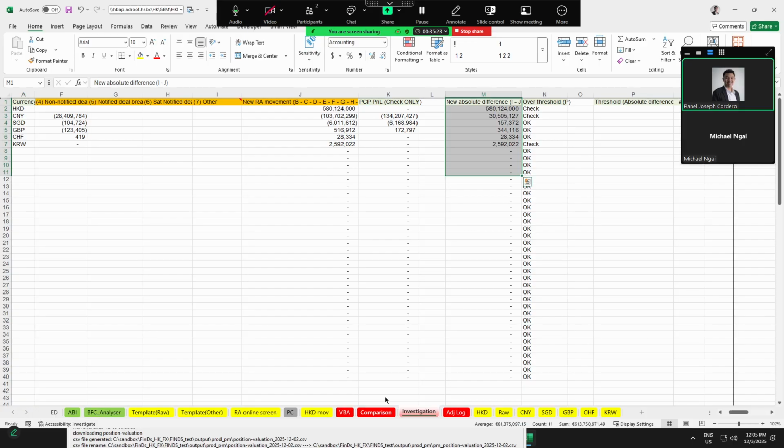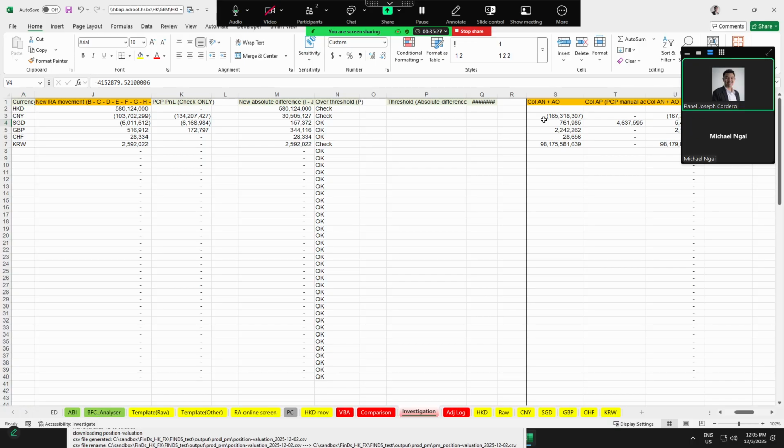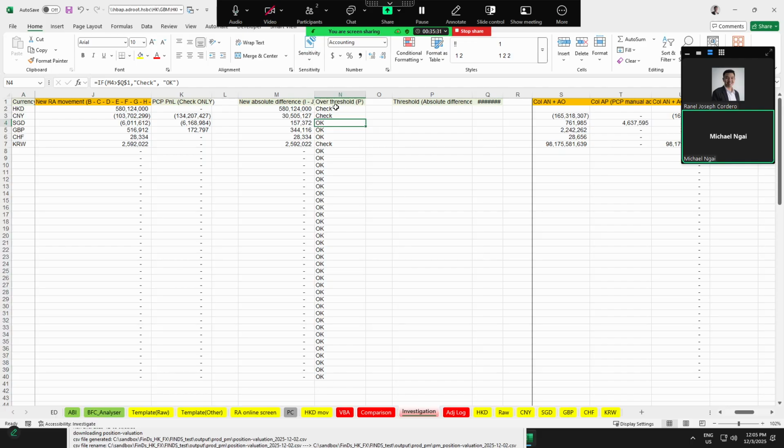But in this investigation part, what is the main expectation from us? For example, do we have an output file to explain? Do we need to explain each one?